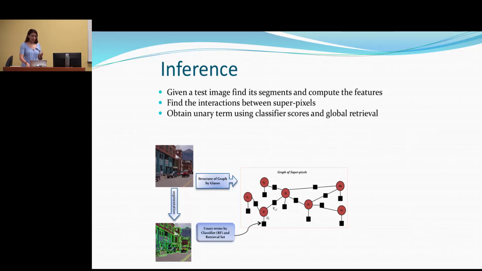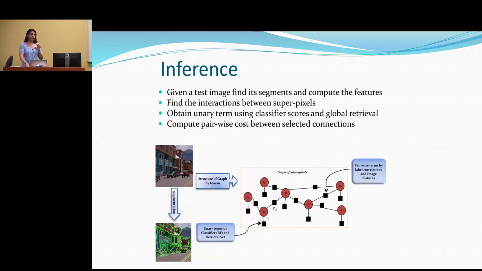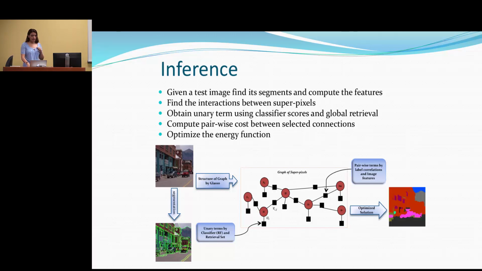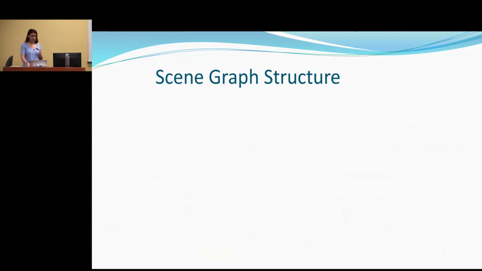For the unary term, we use classifiers, and we refine the classifier with the global retrieval set. And for the pairwise term, we use appearance of superpixels as well as the cost that we found based on the correlation between labels in the training. Then we optimize this and we get the final result.